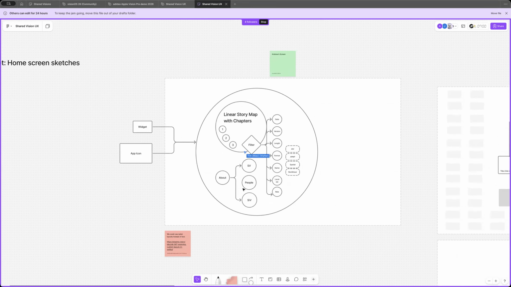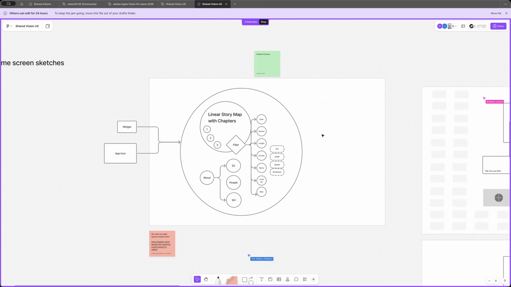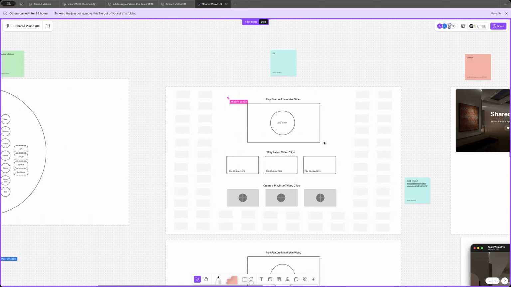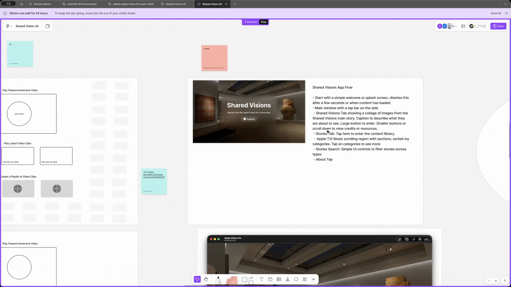So then last session, we took that information and started to play around with home screen sketches and have a bit of a think through what they might look like. So here you can see Andrew exploring. There might be a round lens effect or a round effect on how to go through the chapters within a story map. I'll talk about mine a bit more because I've got some more things to look at. And then Joe had listed out a couple of things around splash screens